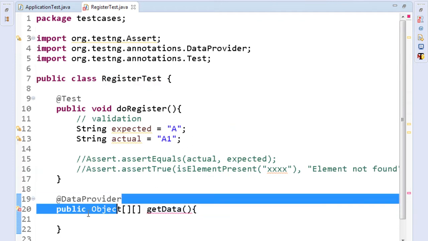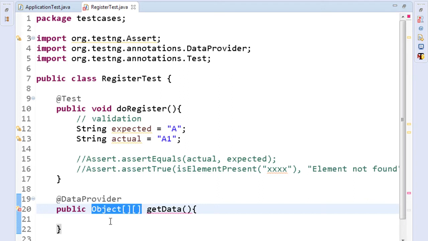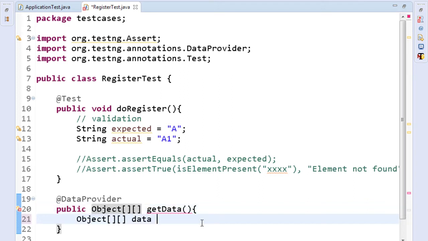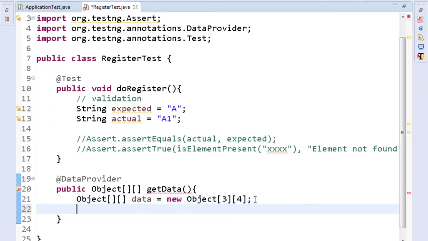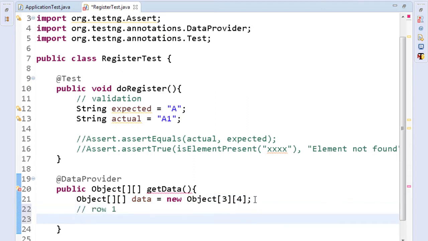For example, I will make this two-dimensional array with 3 rows and 4 columns. That means I want to run the test case 3 times, and every time I run there will be 4 parameters in the test. So I will fill up this array, row 1.